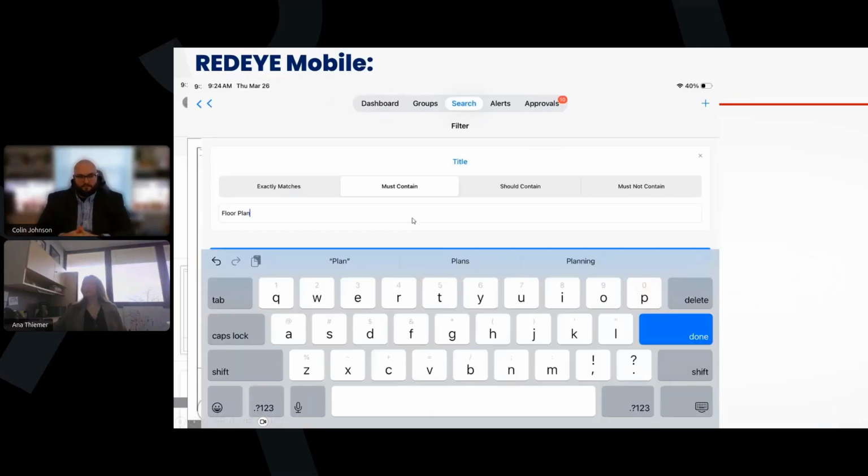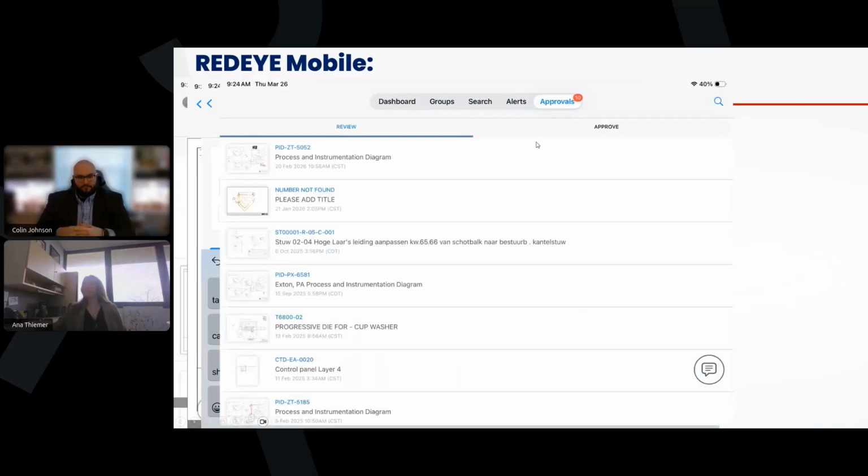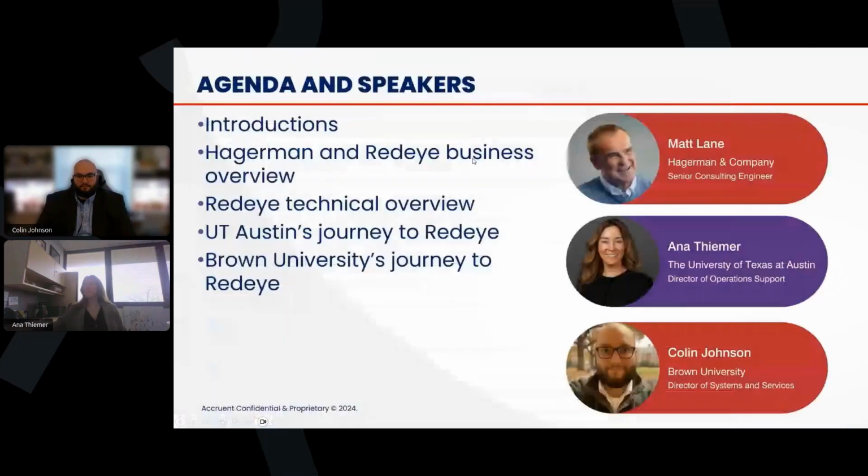I can also initiate searches. I can also participate in workflows via my mobile device. So you can see here's a list of files that are in my inbox to review, or I can select approve. So hopefully that gives everybody an overview of what RedEye looks like before